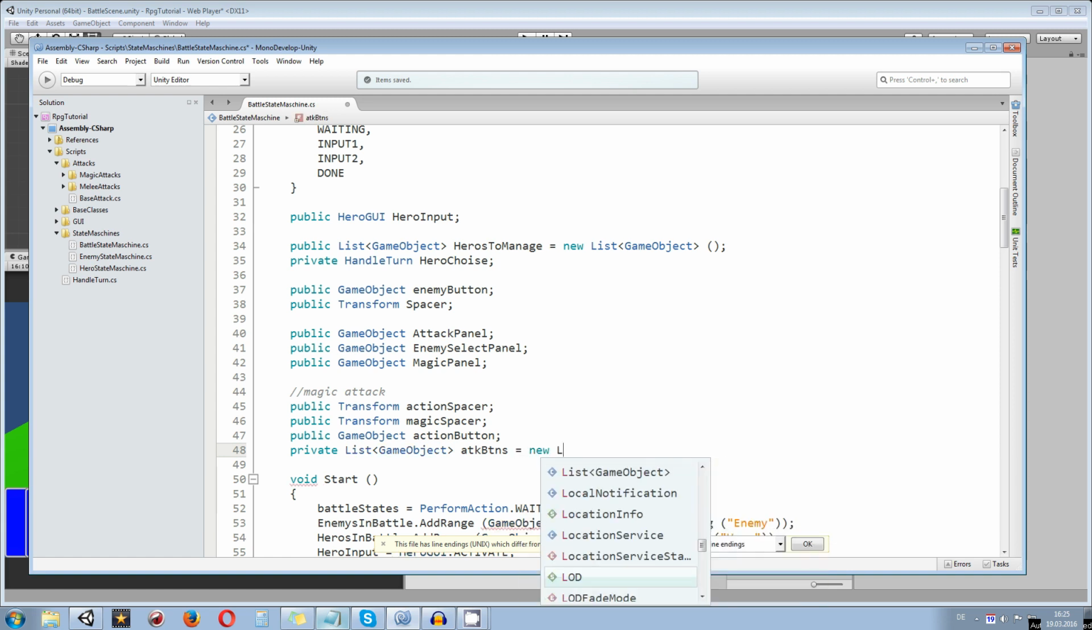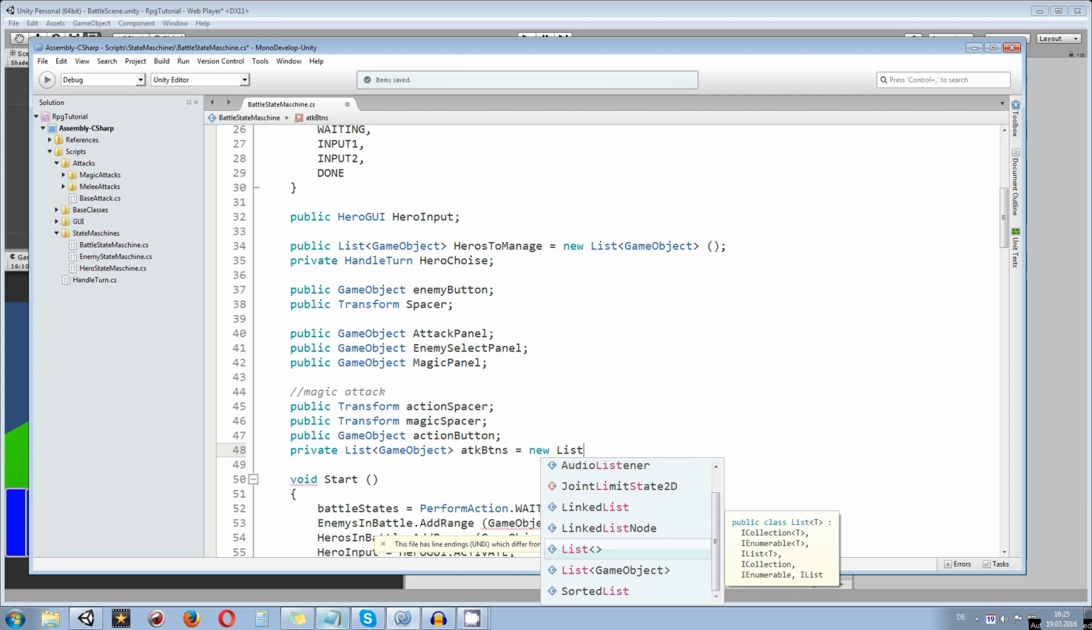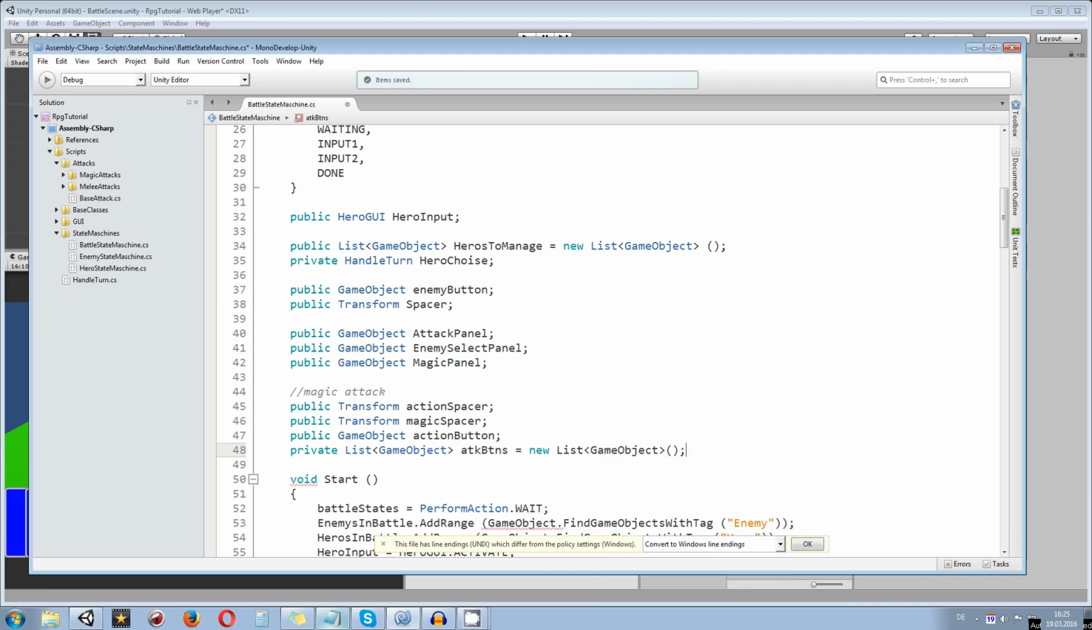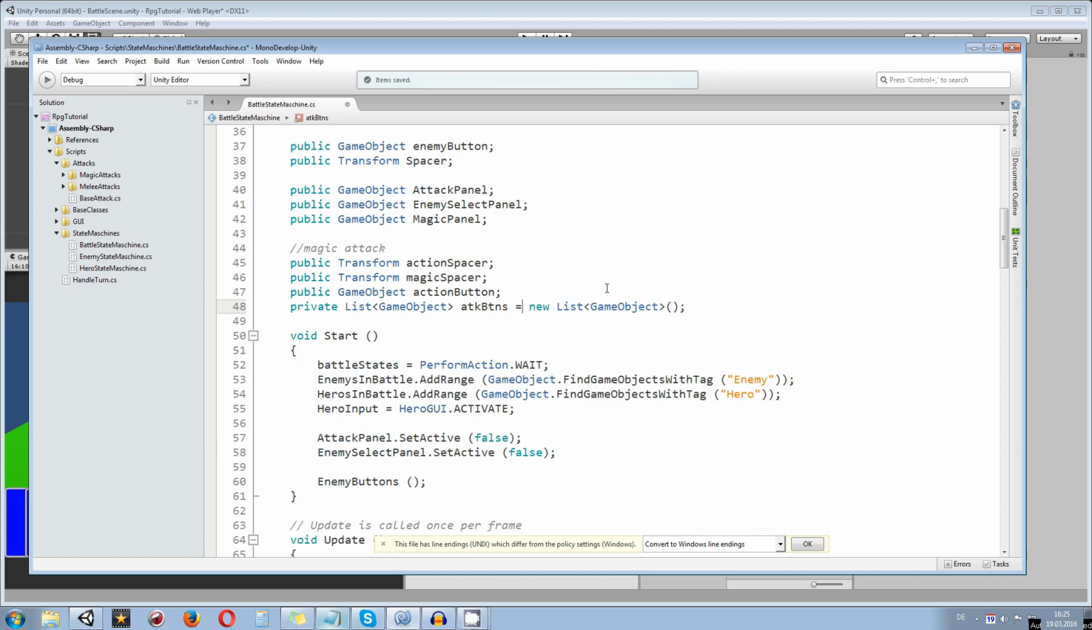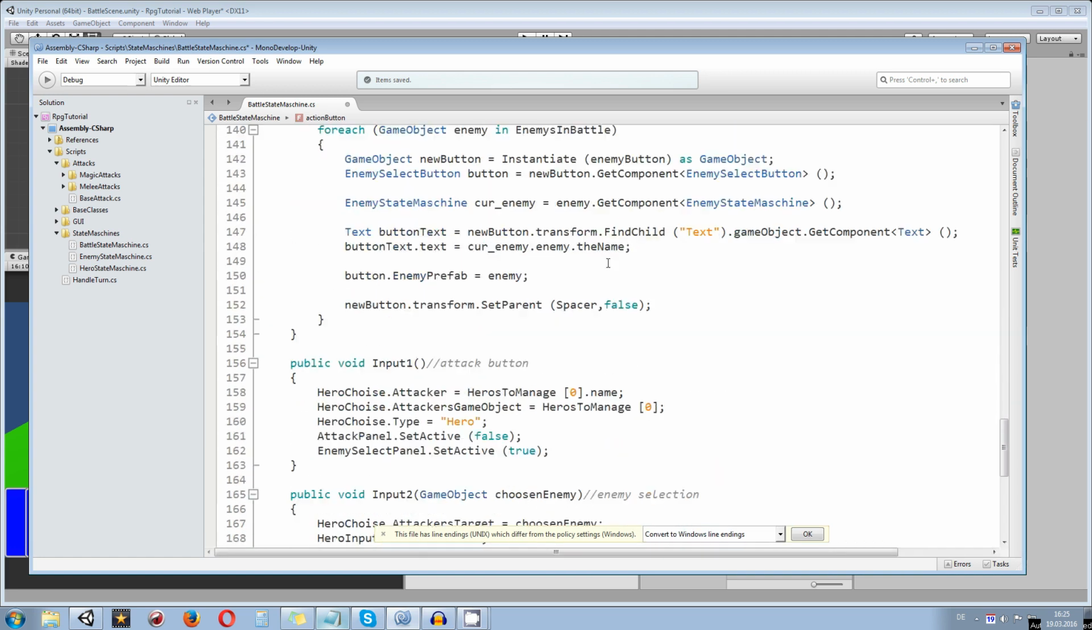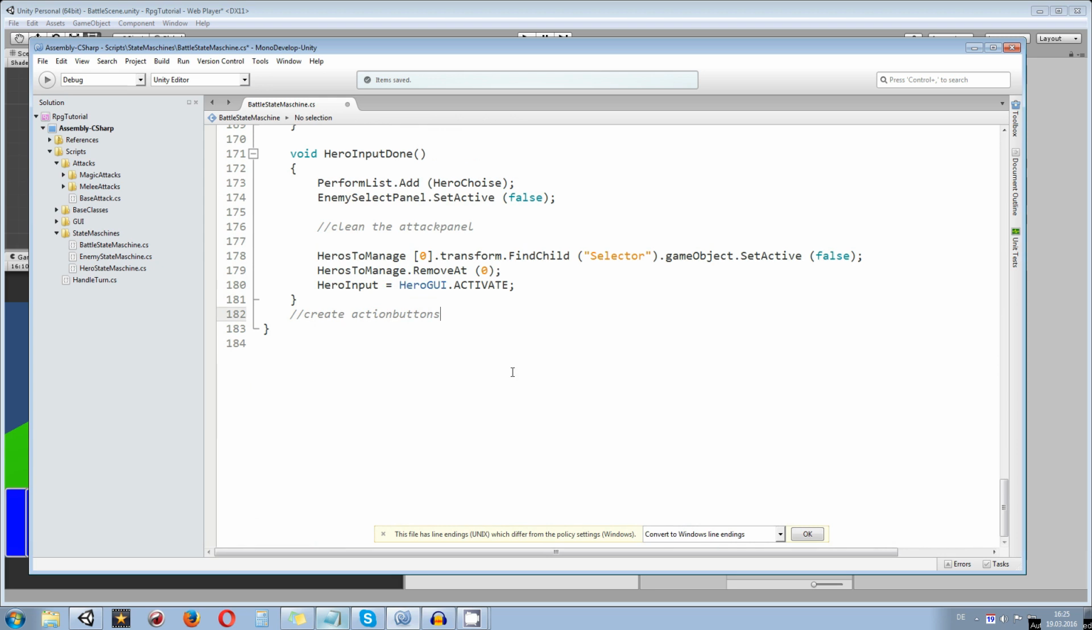So we say it's going to be a new list of type game object, and that's it. So it's attack buttons, something short, basically ATK for attack and BTNS for buttons. Okay, so let's scroll down. We are going to create a new function in here, and this function is going to be for the attack